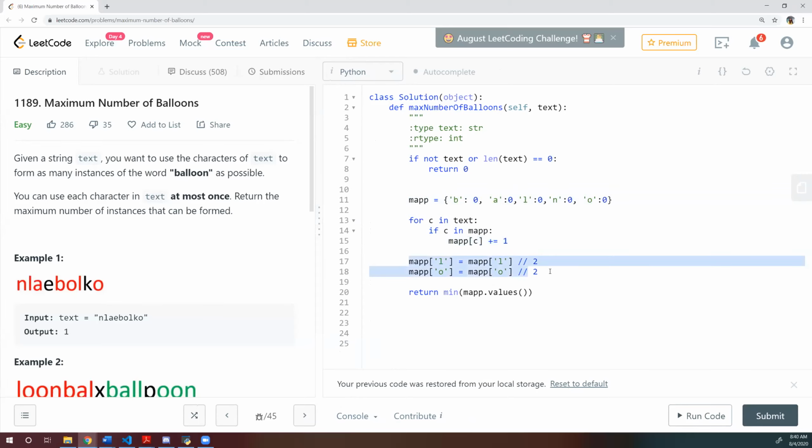At the end, I divided by 2 so that I get the minimum count for L and O as well. Then I take the minimum of all the values, because whichever has the minimum count would be our answer.